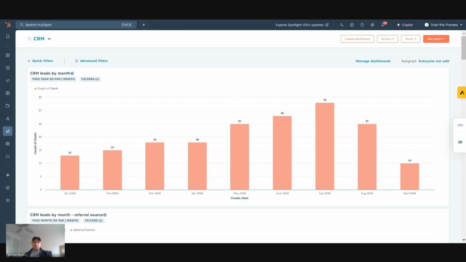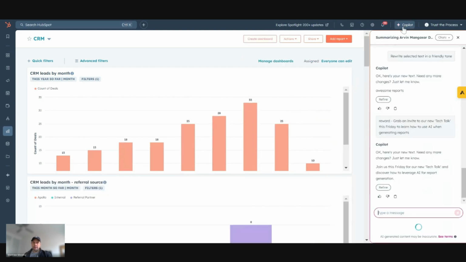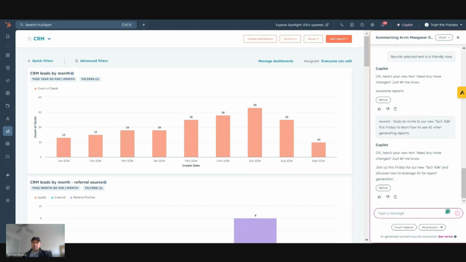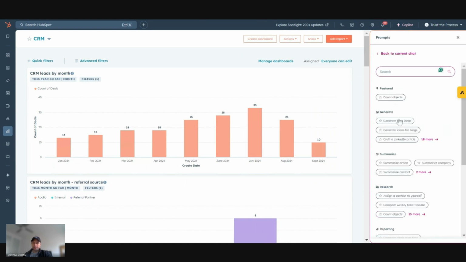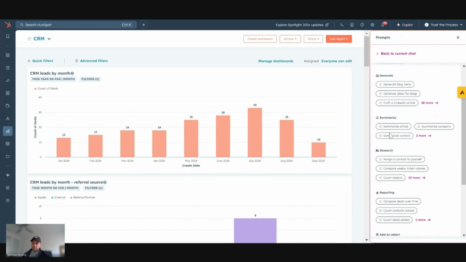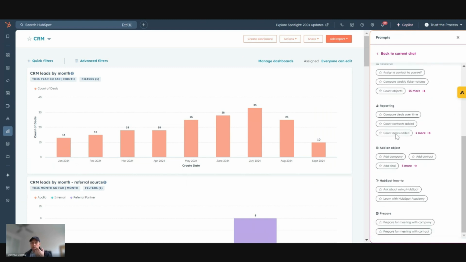The other AI section that I just wanted to highlight as well, and I won't go into all the features of Copilot because that might be something that Nat might do at another time, or I might do it another time. It's only a new update to HubSpot. But again, what you can do is come into Copilot, which is HubSpot's AI assistant, which is up here now. And I can come down and ask it to create me a report here. Or I can go to prompts. And similar to the section we were just in, it's just a quicker way to get into it.